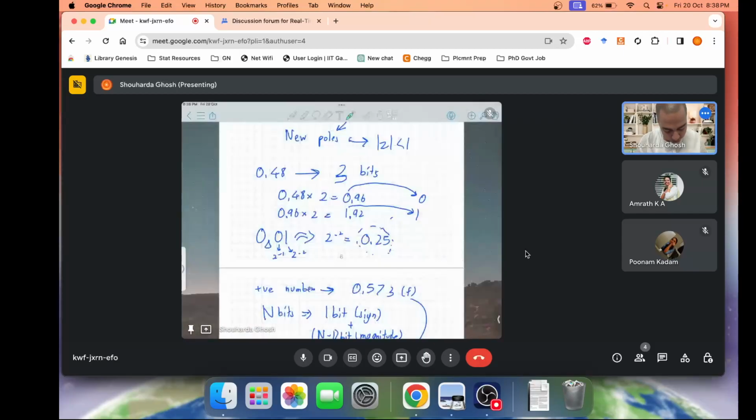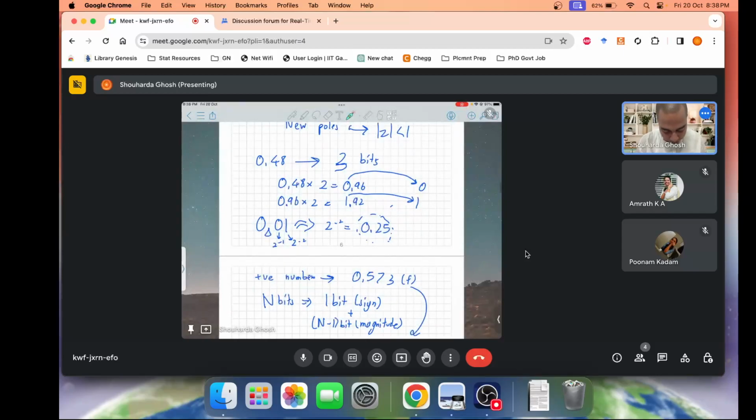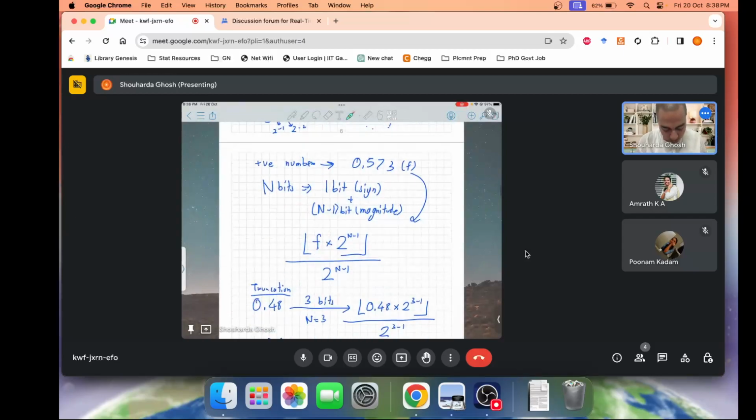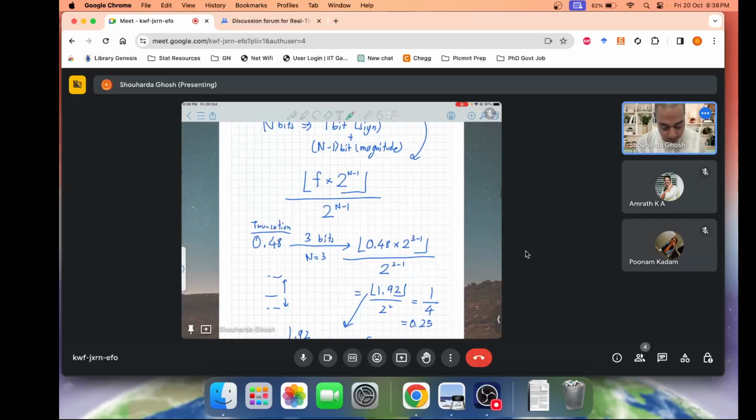Yeah, and similarly, okay. So when you have n bits, I'm assuming 1 bit for sign and n minus 1 bits for magnitude. Let's suppose you have a positive number f, say 0.573. You multiply that by 2 to the power n minus 1, and then you take the